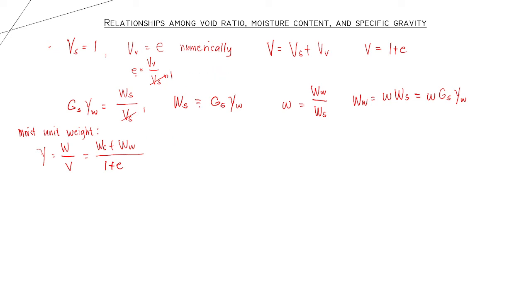So we have already established those. And we will simply write weight of soil solids as G sub S, unit weight of water, plus the weight of water as